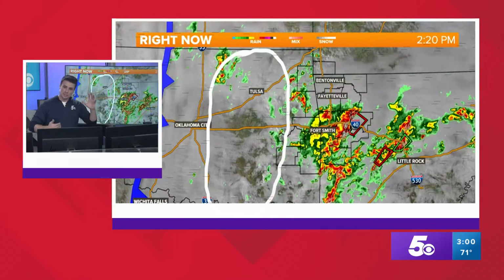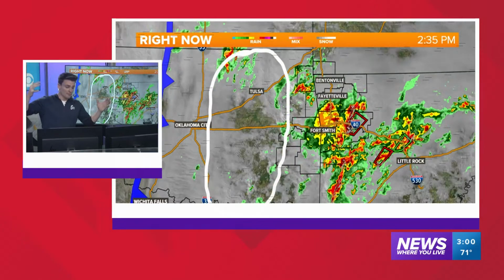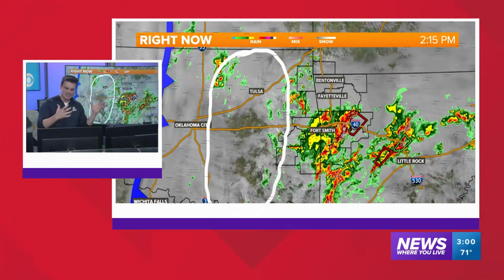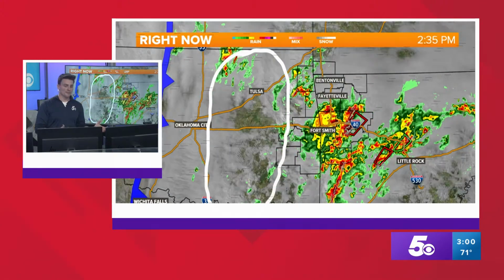And we may still be able to rejuvenate the atmosphere, even though you're maybe asking, Matt, that's a lot of heavy rain to hit. Or have we used the energy up? We're using some. But with that south wind and that low-level jet that's going to come in later, that's a strong south wind. I think it's going to help replenish some of the atmosphere so that we're ready for more storms